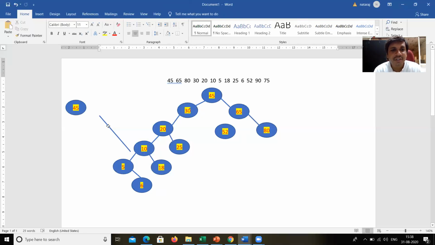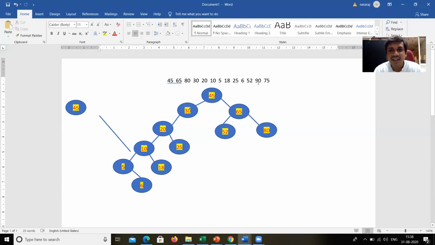So the position is to the left of 65. To the left of 65, because 52 is greater than 45. Next node is 65 and 52 is less than 65. So it should be here.